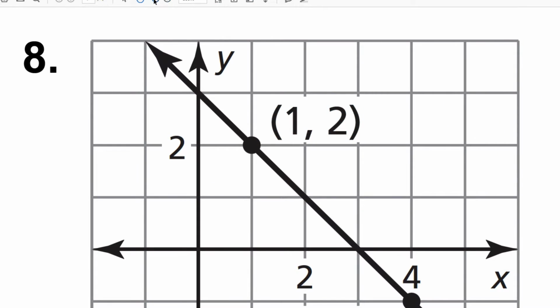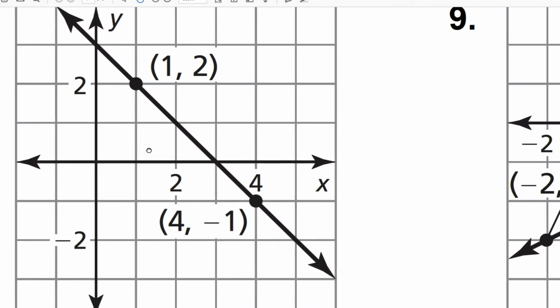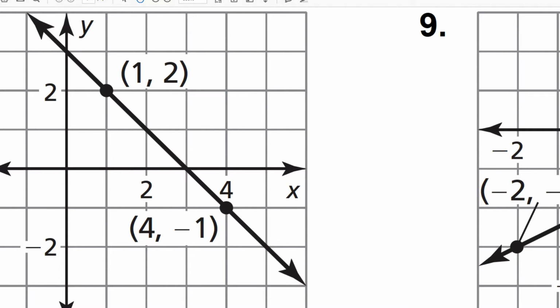Now, if we scroll down to this one, we're doing something very similar. Number 7, we just find the slope. So if I find the slope here, I'm going up 1, 2, 3. So 3 over 1, 2, 3. Negative 3. That's the same thing as negative 1. So there's my slope. Now if I decide to do something different,